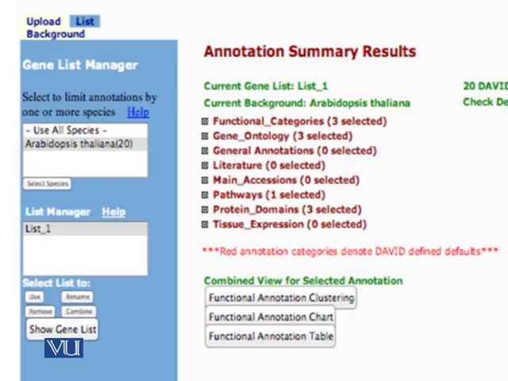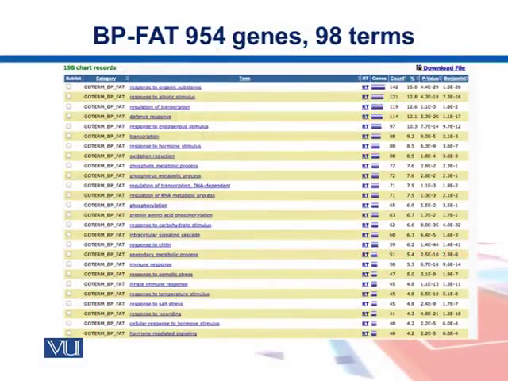So you can get these GO terms and cluster them together based upon how many common genes are present between these terms. You can get their charts, you can get their tables. So here is one example. It's called BPFAT. BP stands for biological process. FAT is where it tries to take all those terms and put the generic terms and specific terms